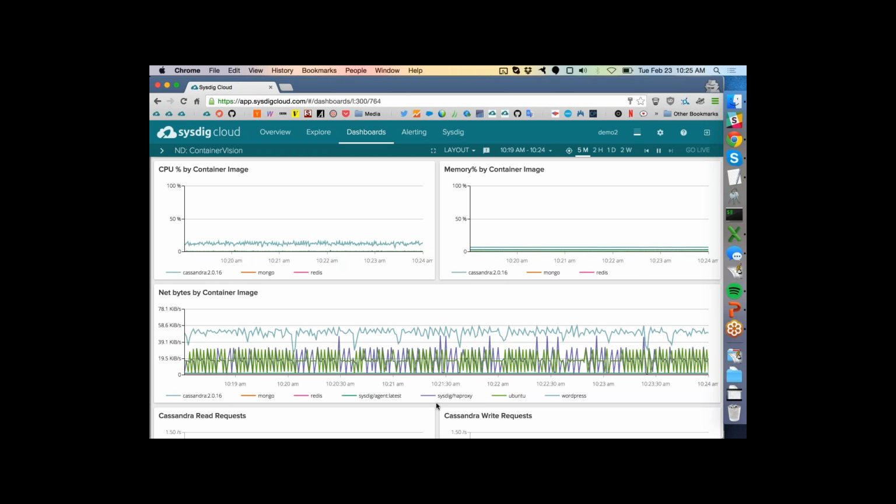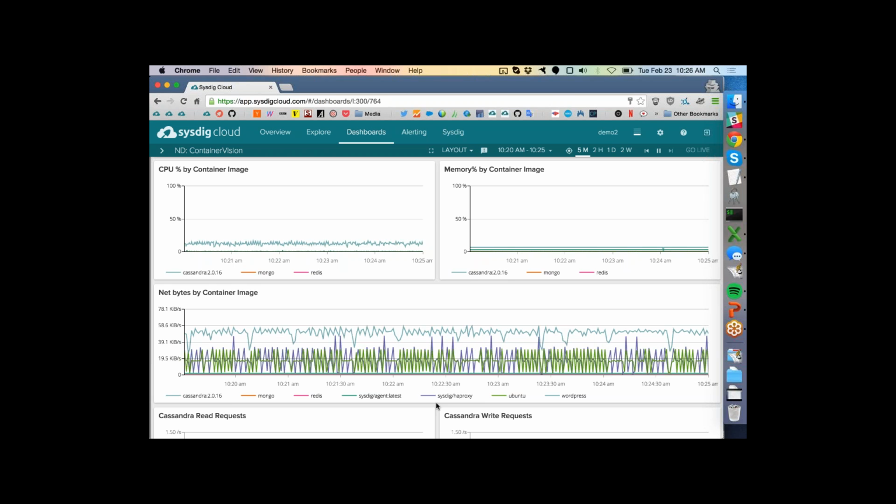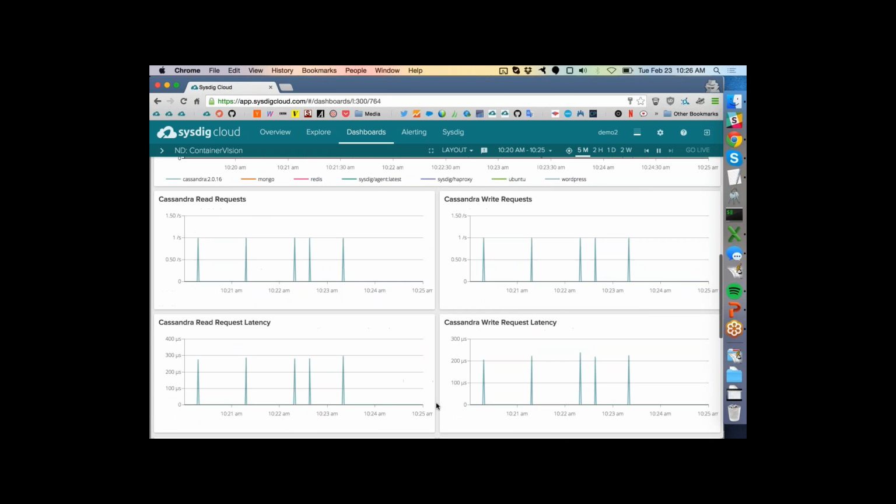So if you're okay with a black box container, this is the data that you can get from any other solution on the market. If you want to do really container native performance management though, if you want to do the type of performance management you're used to in your legacy environment, you probably want to know what's actually going on inside the container. And I'll show you what that looks like here.